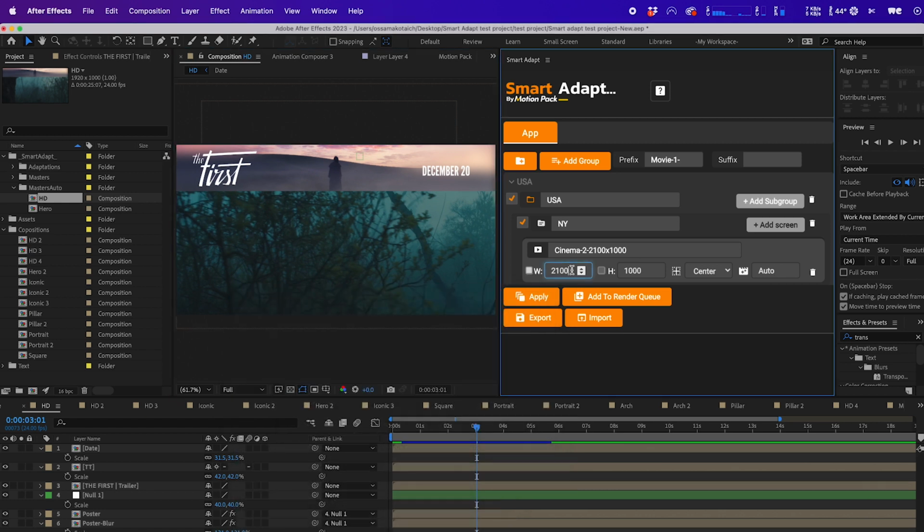So if I want to change it to 1100, exactly, if I keep the width fixed, the width will be fixed and the extra space will be reduced or added to the height. So if the height has more pixels, the extra space will be added to the height. If it's fewer pixels, it will reduce the size from the height. So let me give you an example. If I click apply right now,